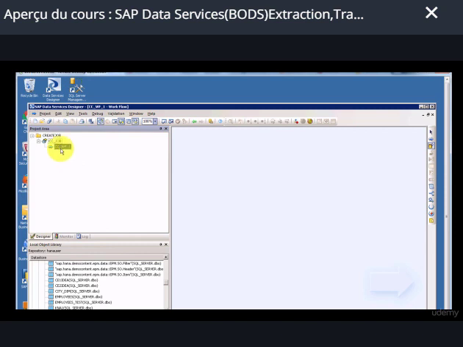So in fact, let's do that. So let's delete this workflow. I'm going to go to the job and I'm going to delete my workflow. So we're just going to have a data flow. So I'm going to pull up a data flow and I'm going to drop it here. I'm going to call it cc_df. Alright. So inside the data flow is where the magic happens. So I'm going to go inside the data flow and I'm going to simply drag my source table